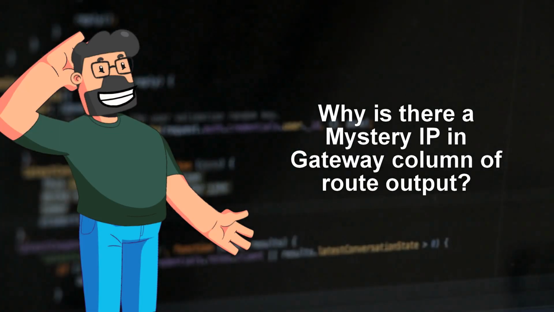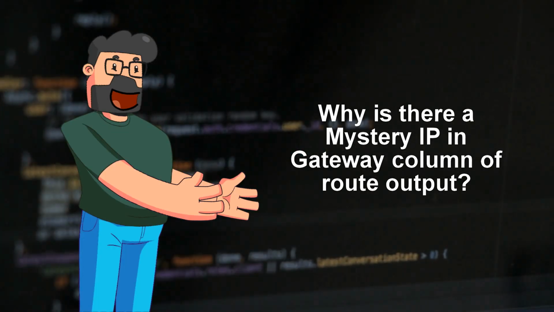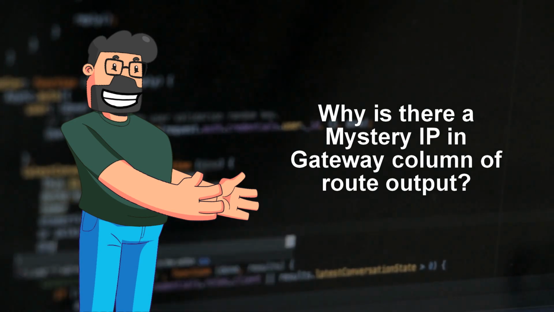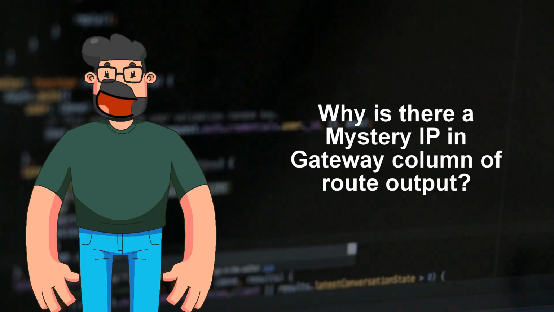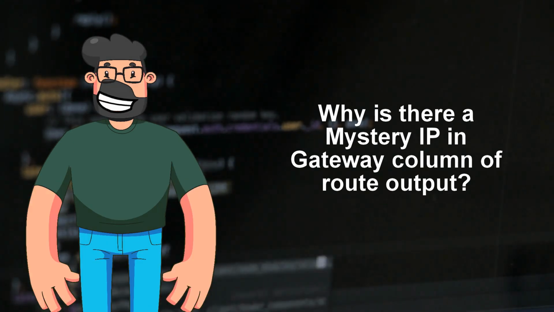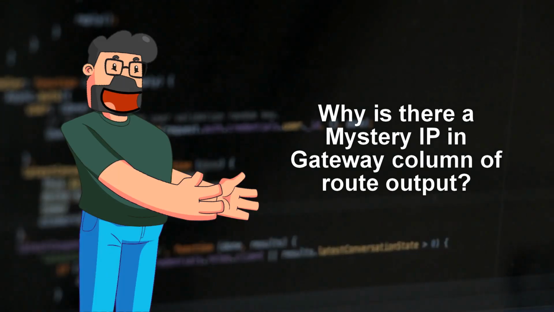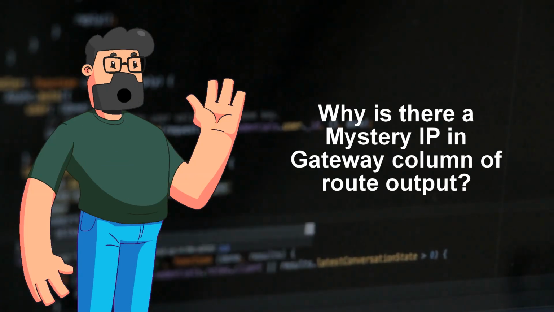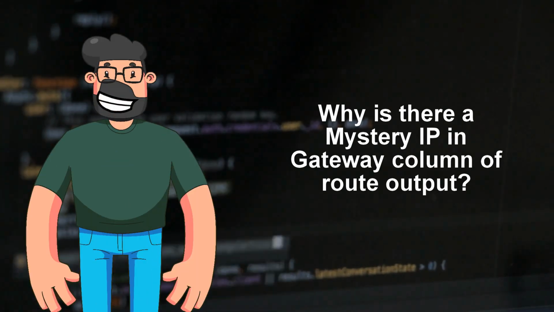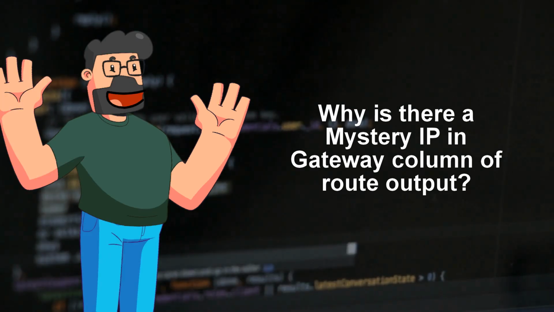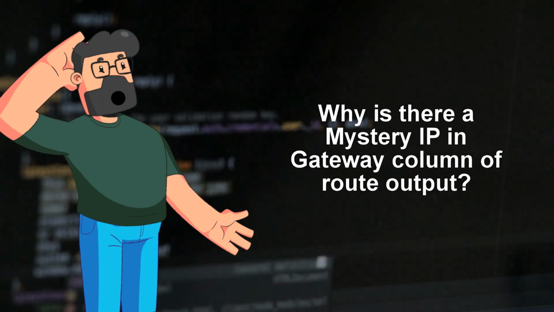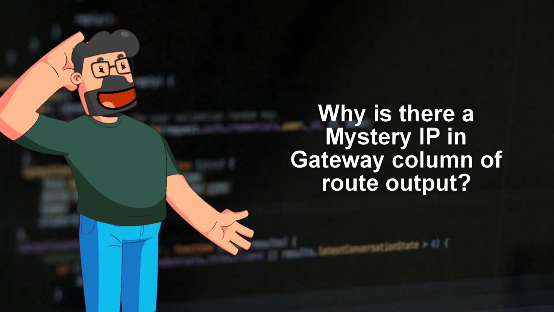Now let's talk about the solution. Those strange gateway entries you spotted in the routing table output are likely resolved MAC addresses. In macOS, the gateway field actually specifies a MAC layer destination, not a network layer one. So, when you see something like gateway 192.168.178.1, it means the system will do an ARP lookup to find and send data to that MAC address, rather